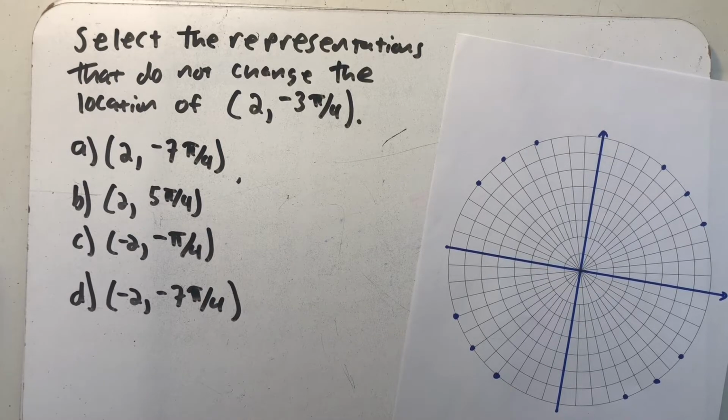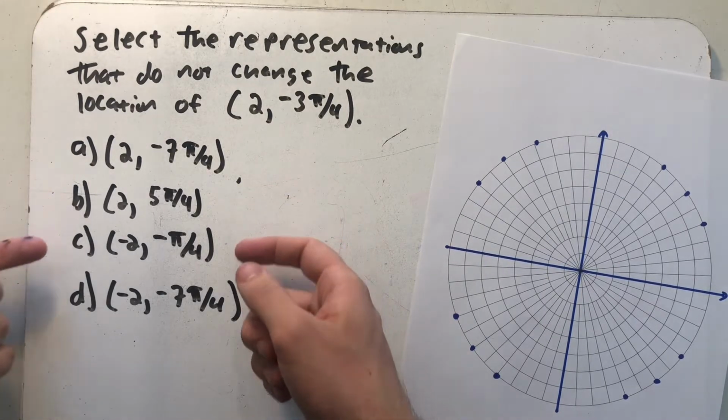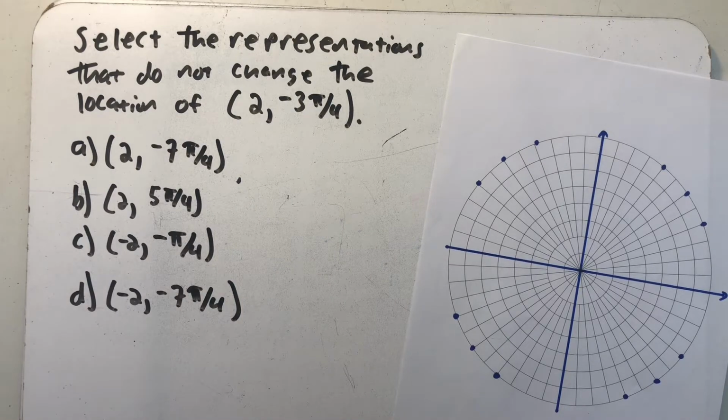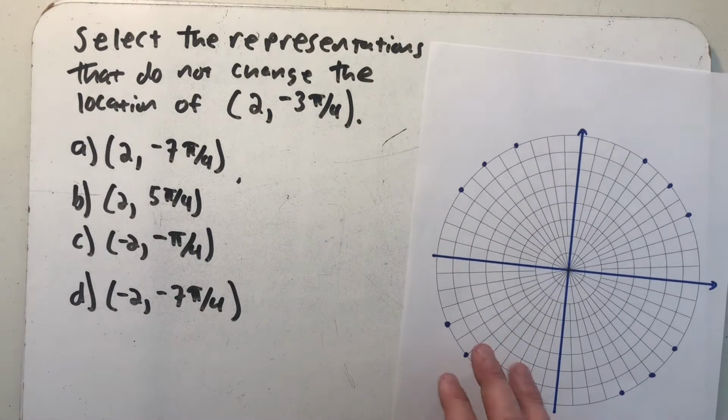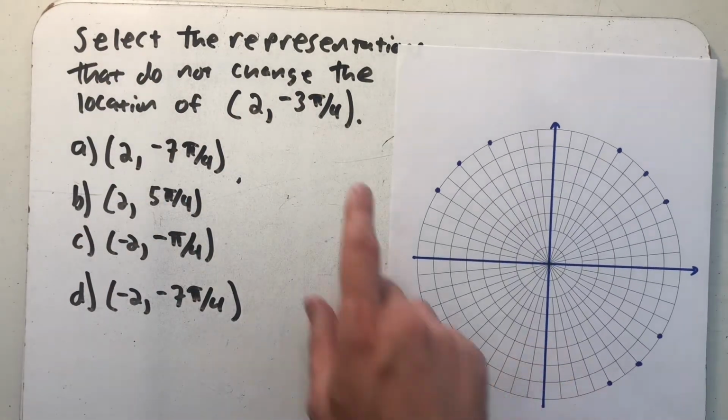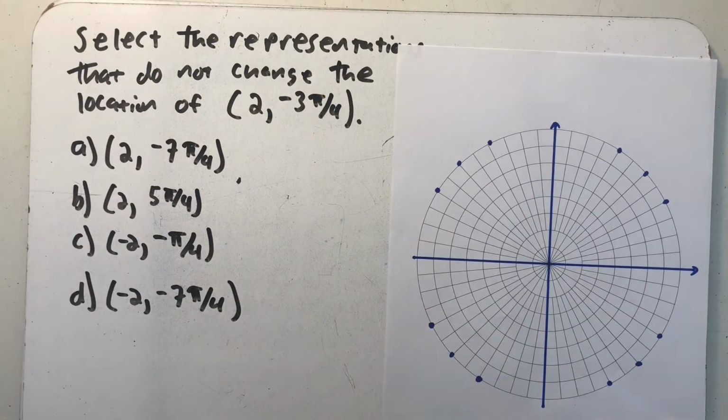Select the representations that do not change the location of the polar point 2 comma minus 3 pi fourths. And then we have 4 other polar points listed. And so the question to me really is, which of these 4 things actually plot that same point, or another representation of that point? So I'm going to start just by plotting this polar point at 2 comma minus 3